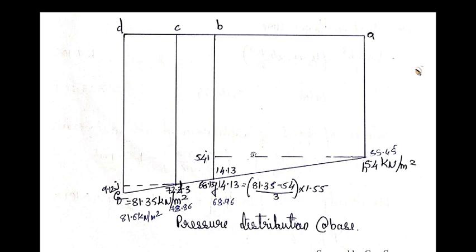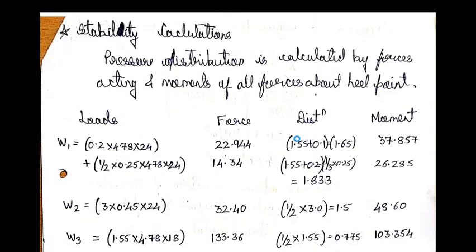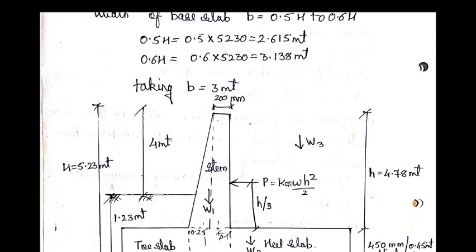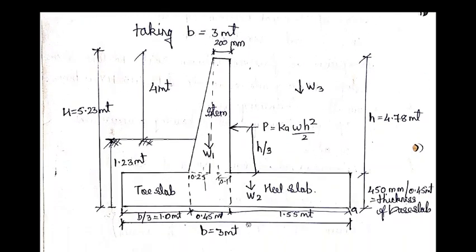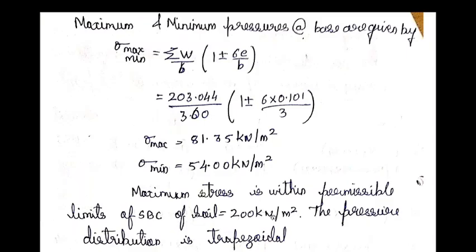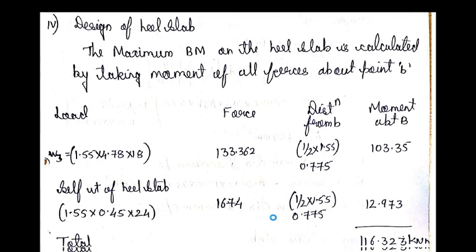So this pressure will be acting below here. In the diagram, I will just let you know. So this is our typical cross section. The upward forces will be acting from below. So the self weight of the earth and the self weight of the heel slab will be downwards, and the upward pressure will be acting from the soil. So we have to deduct it. That is the reason why we are deducting it. So let us see the deduction.